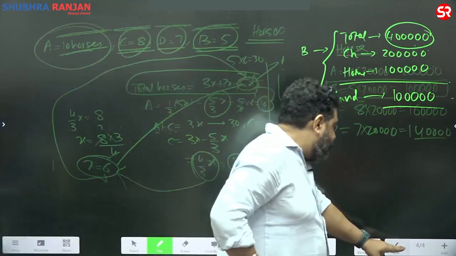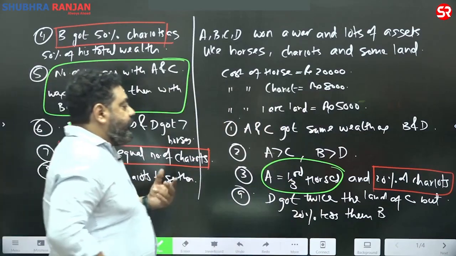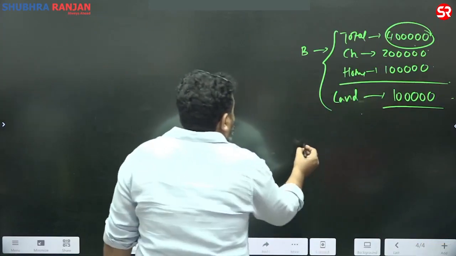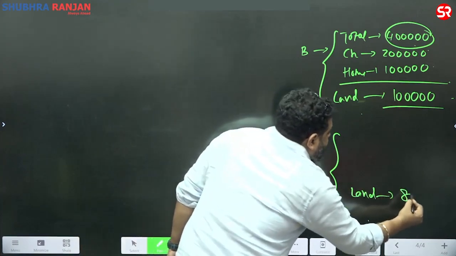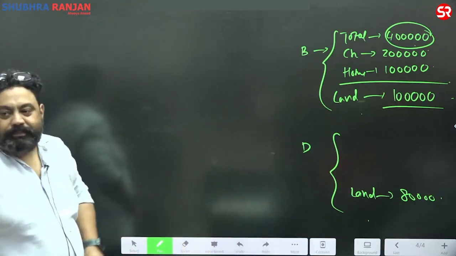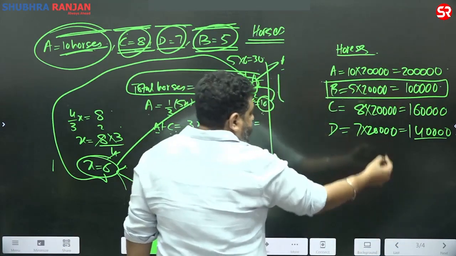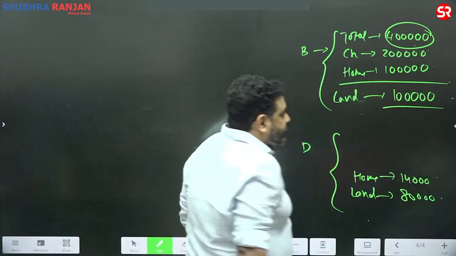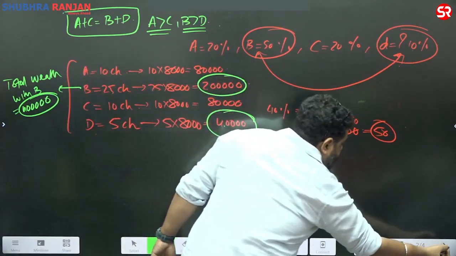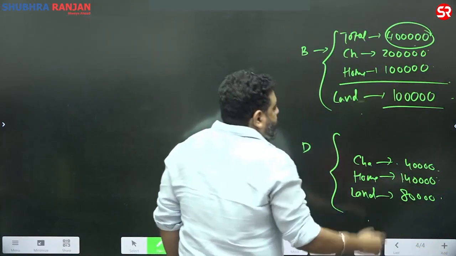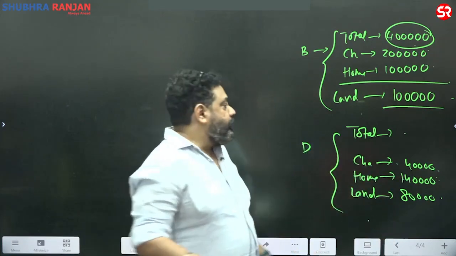ठीक है अर्श। अब फिर से पीछे जा रहा हूं, प्लीज। एक इंफॉर्मेशन लैंड पे दी हुई थी, डी गॉट ट्वाइस द लैंड ऑफ सी बट 20% लेस देन बी। सो डी का लैंड कितना हो जाएगा? 80,000 रुपीज का। ठीक है। डी का हॉर्सेस कितना है गाइस? 1,40,000 रुपए का। डी का चैरिट कितना है? 40,000 रुपीज। डी का टोटल कितना हो जाएगा? 180 जमा 80, 260। सो डी का टोटल है 2,60,000 रुपया।